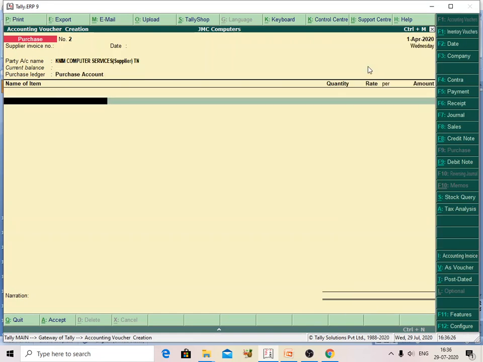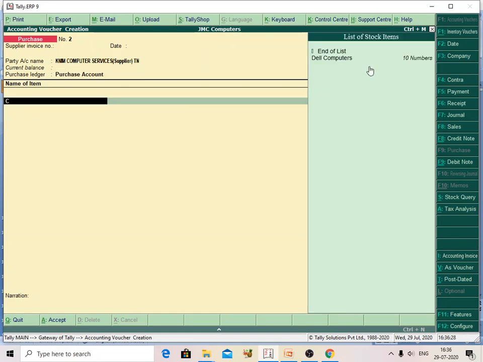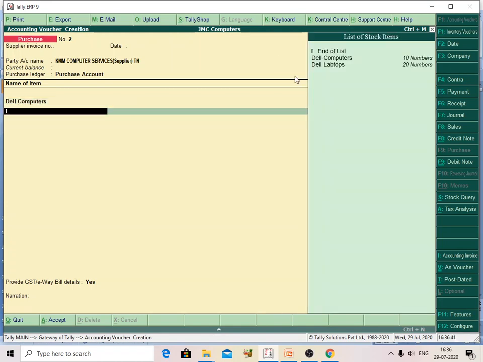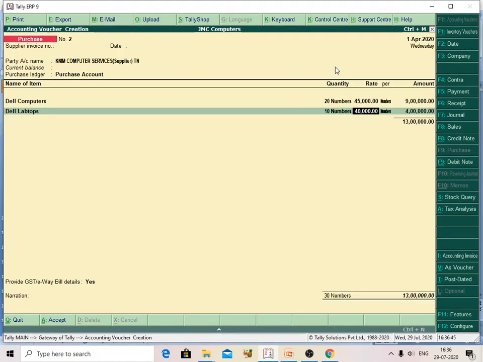I am going to purchase Dell computers, 20 computers, and each computer costs 45,000. And I am also going to purchase Dell laptops, number is 10, 50,000 rupees each.